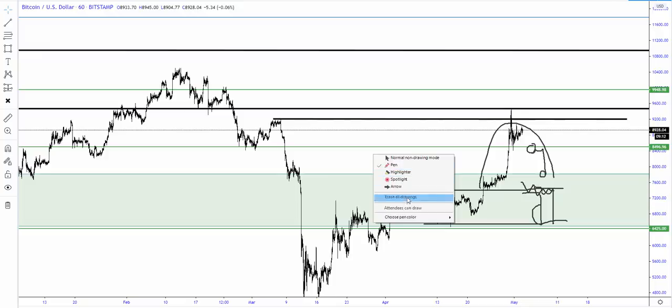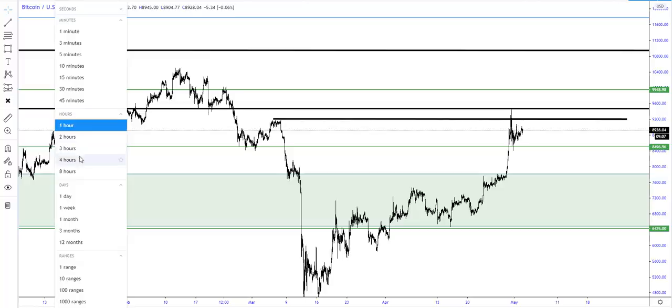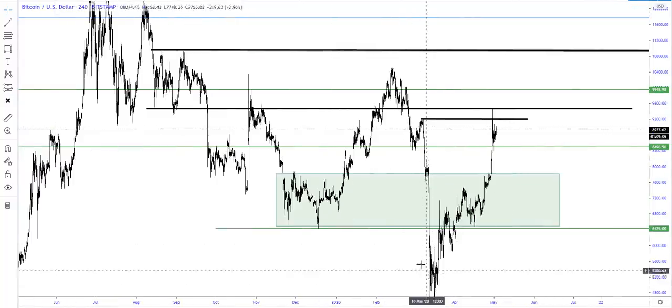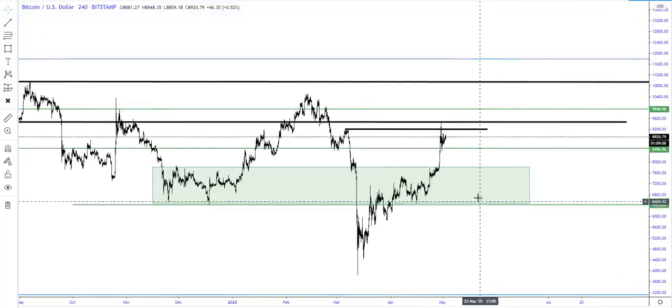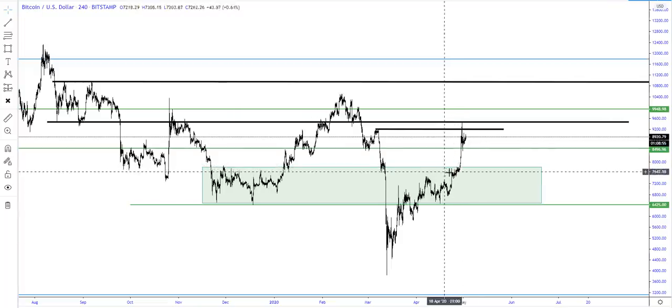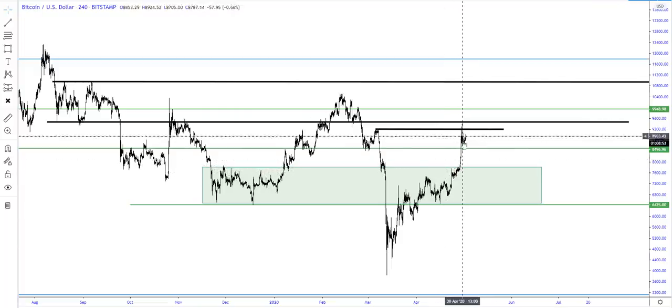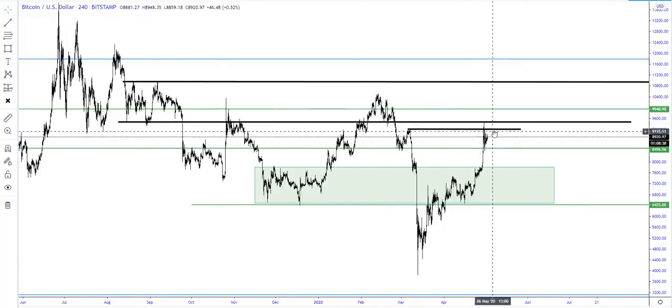Okay, so the basics of this is you don't really need to marry a bias. If it's not clear to you, like I had a clear bias for bearishness here and it went to my target. Within here I didn't. I was leaning bearish, but leaning bearish and having a bearish trade are two separate things. So when it broke above here I've got to accept, okay, my bearish bias has got to go, got to look for longs. Unfortunately I missed it, but what I do know now is if it does this, then I do that. So here, if it gets above here, target 1, target 2, targets on the way. So no need to marry a bias, but go with what the market's telling you.